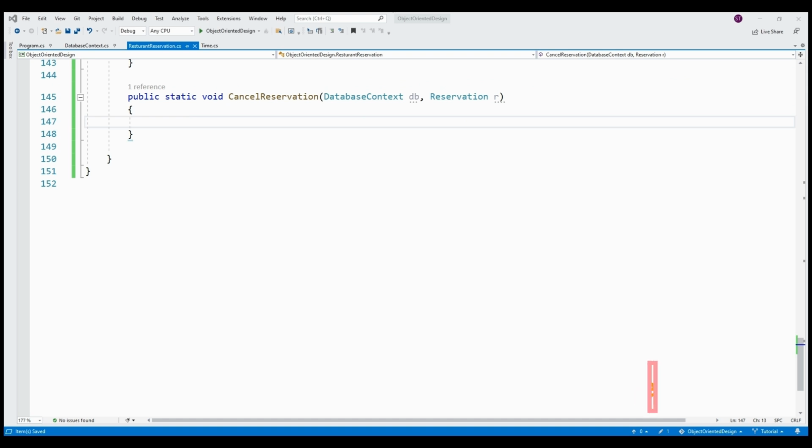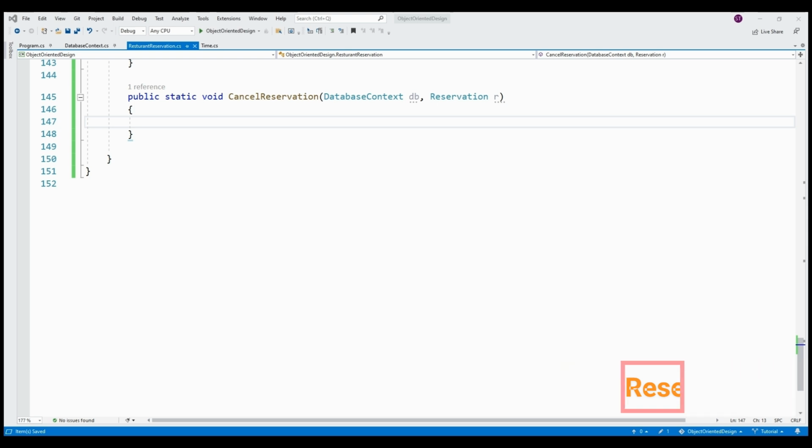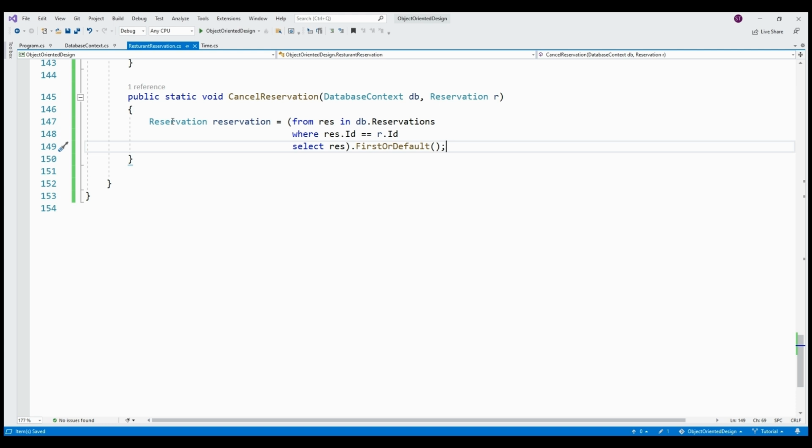Now let's move on to how we can cancel a reservation in our system using the cancel reservation method. This function will allow us to locate the reservation, free up the table that was reserved, and finally remove the reservation from the system. The first thing we need to do is find the reservation we want to cancel based on its ID. Here we query the database to find the reservation that matches the ID of the reservation R passed into the method. We use FirstOrDefault to get the first result or null if no match is